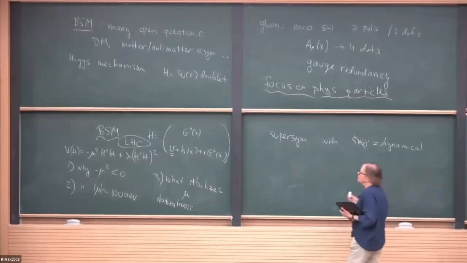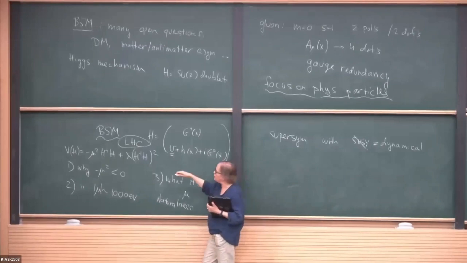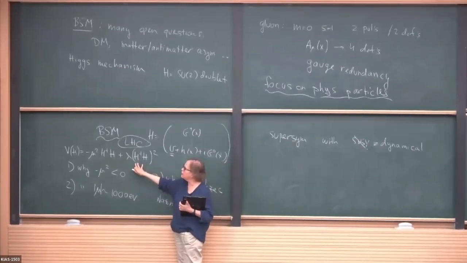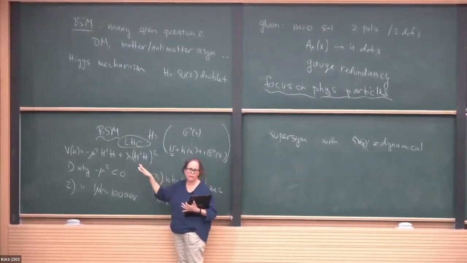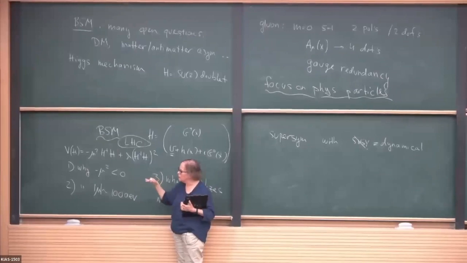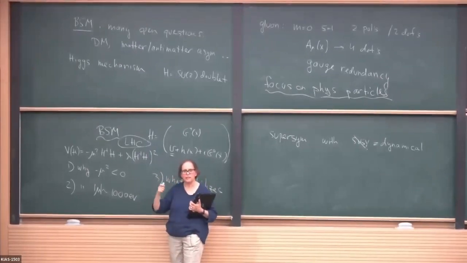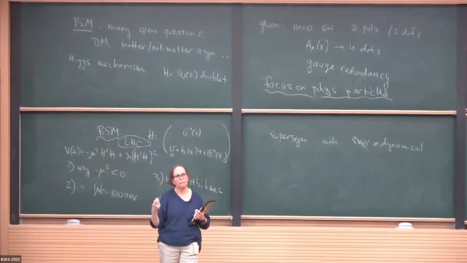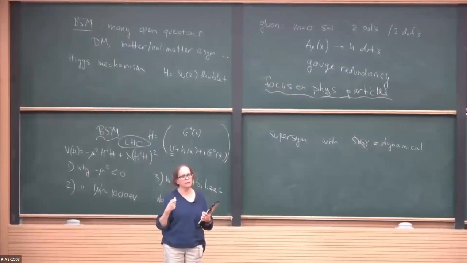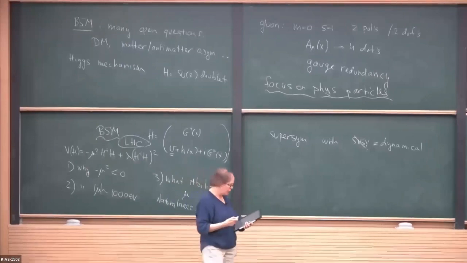And the fact is, we really don't know what's generating this. We don't know whether the standard model is the full story. We know that there are many things that we don't know. We know that gauge theories are not very economical. And so it makes sense to stick to the physical degrees of freedom and see what we can get from that.